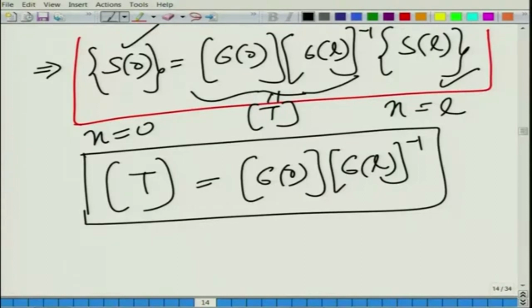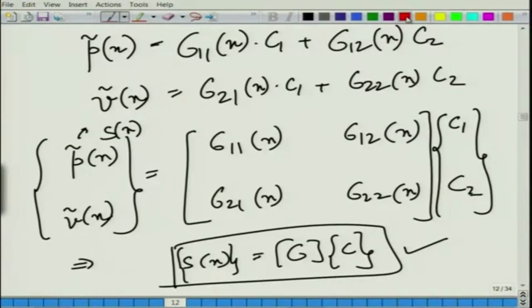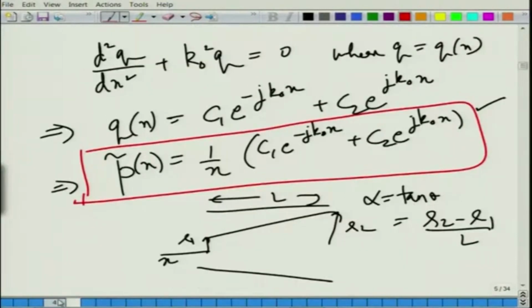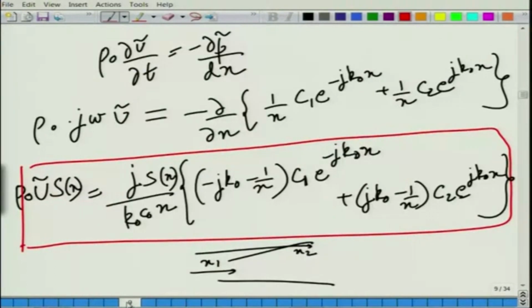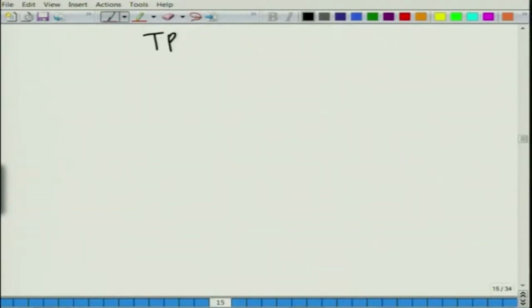This form would be particularly useful when the functions that we talked about here, all these, are a bit tedious or algebraically complicated. Well, G11 and G12 for the conical section that we saw here do not appear to be too complicated, but when you talk about the expression for the mass velocity, there are a few extra terms here. So, that becomes a bit tedious. So, what I will do, I will not go through the entire derivation of the transfer matrix for this, rather I would just write down the transfer matrix for the conical duct, which has the following form: